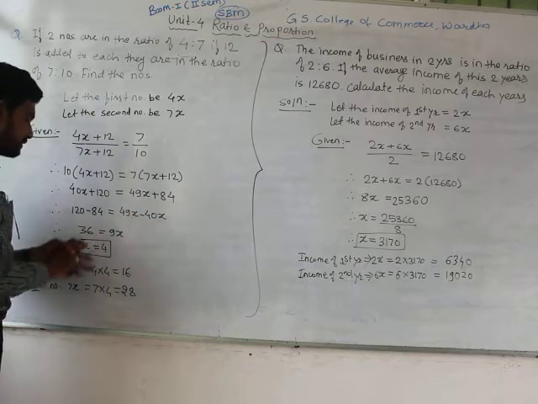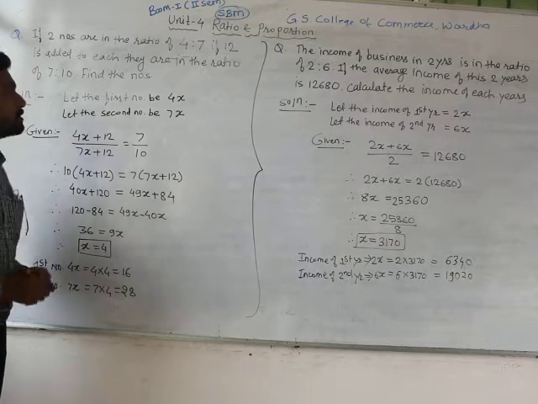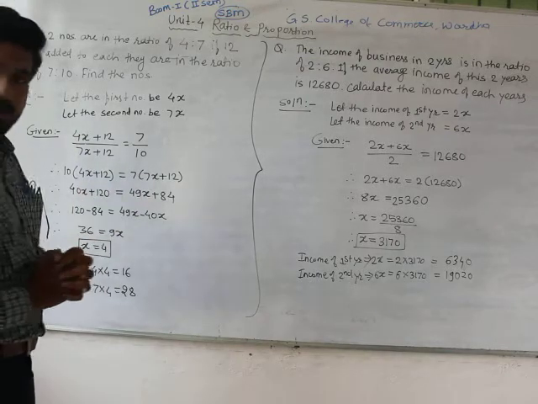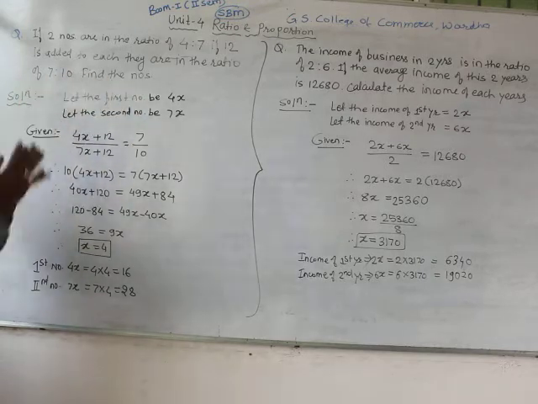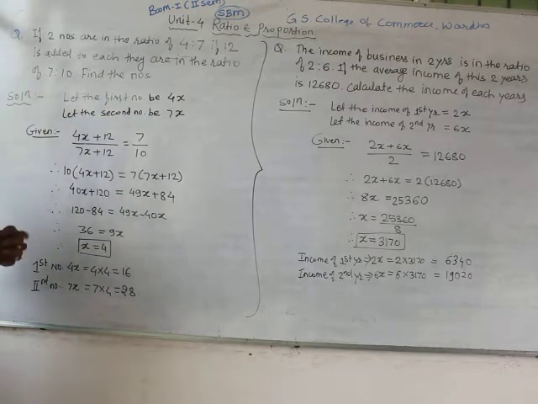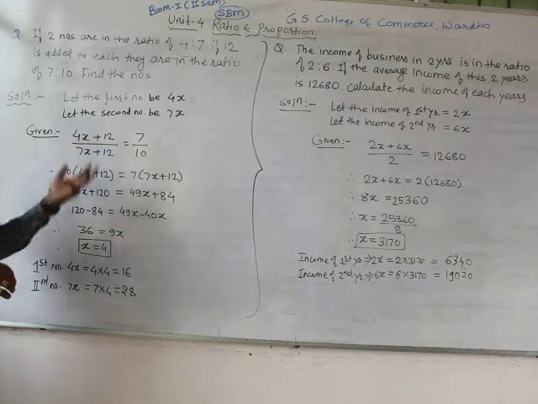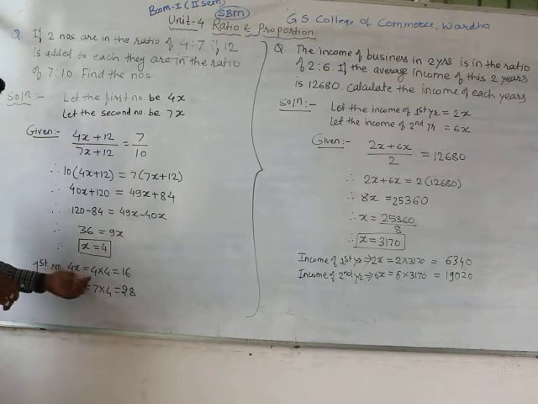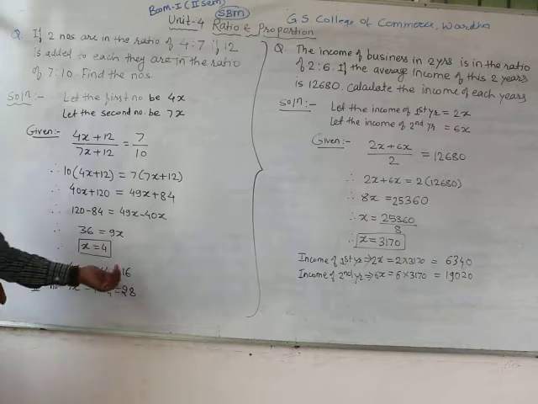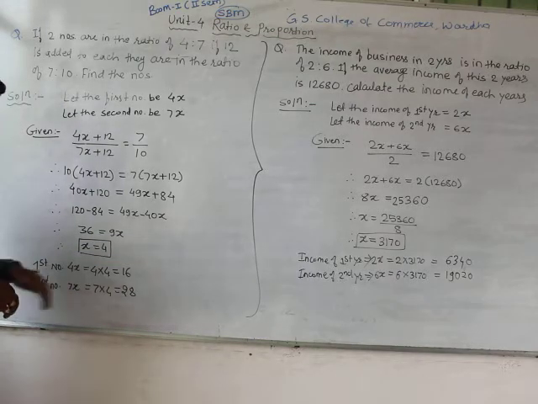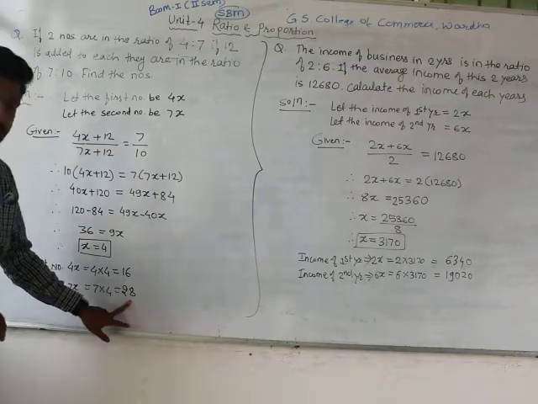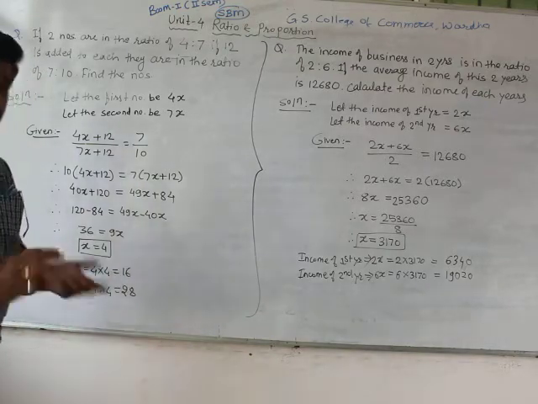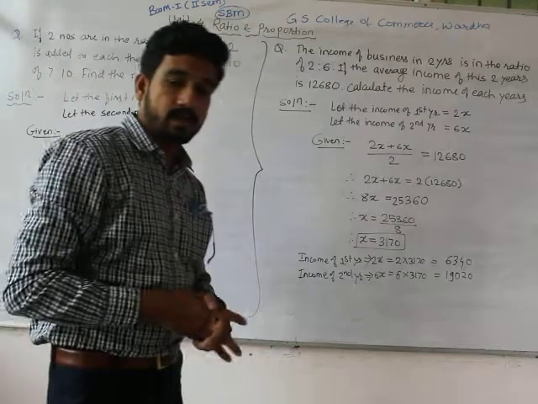So after doing the division, x equals 4. So we now have the answer x equal to 4. Now we will put these values into what we had. The first number 4x will be 4 multiplied by 4, as the answer of x is 4. 4 multiplied by 4 is 16. And the second number that we have was 7x. 7 multiplied by 4 equals 28. So the first value that we have is 16 and the second value is 28.